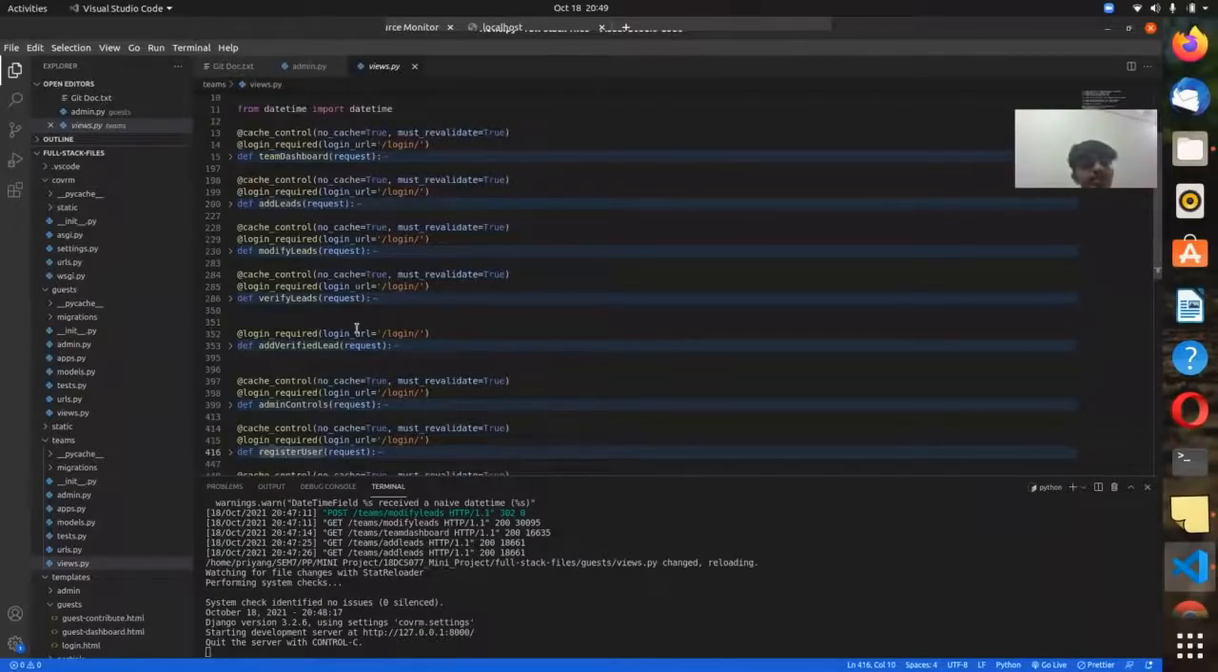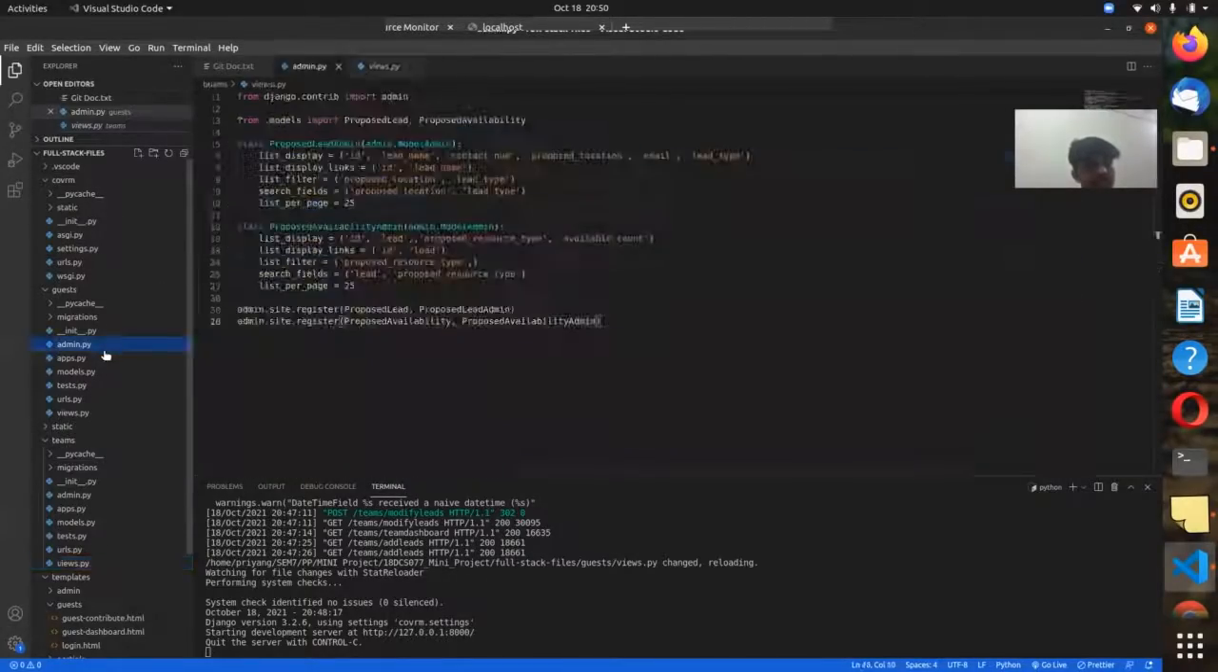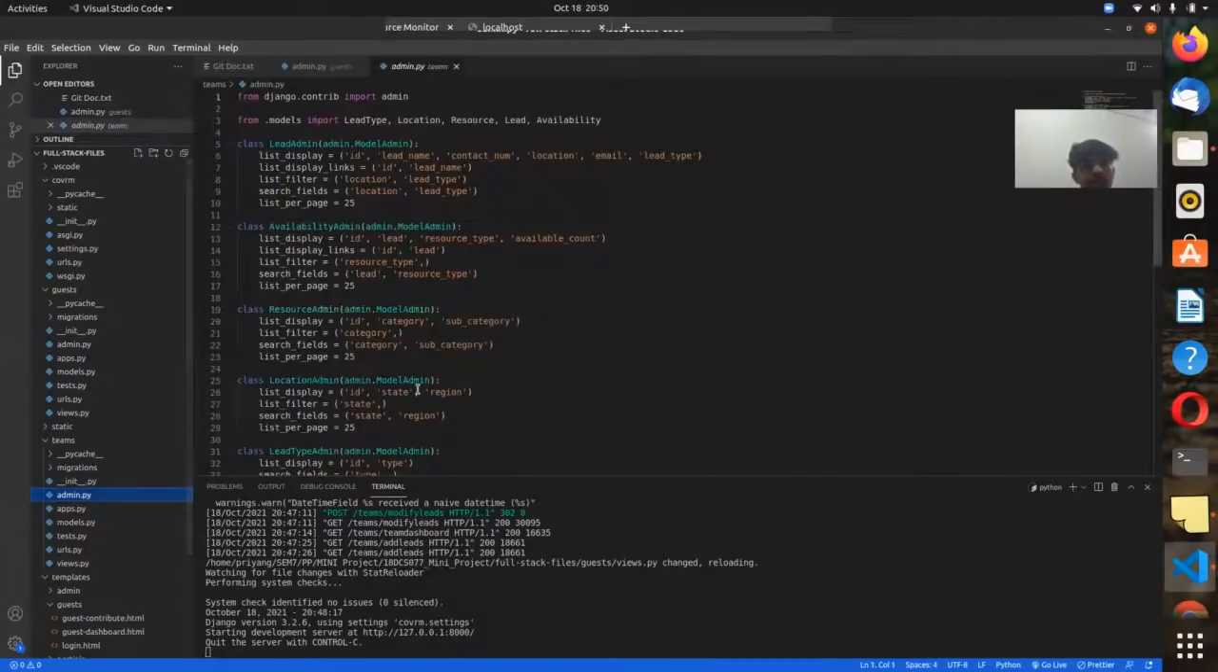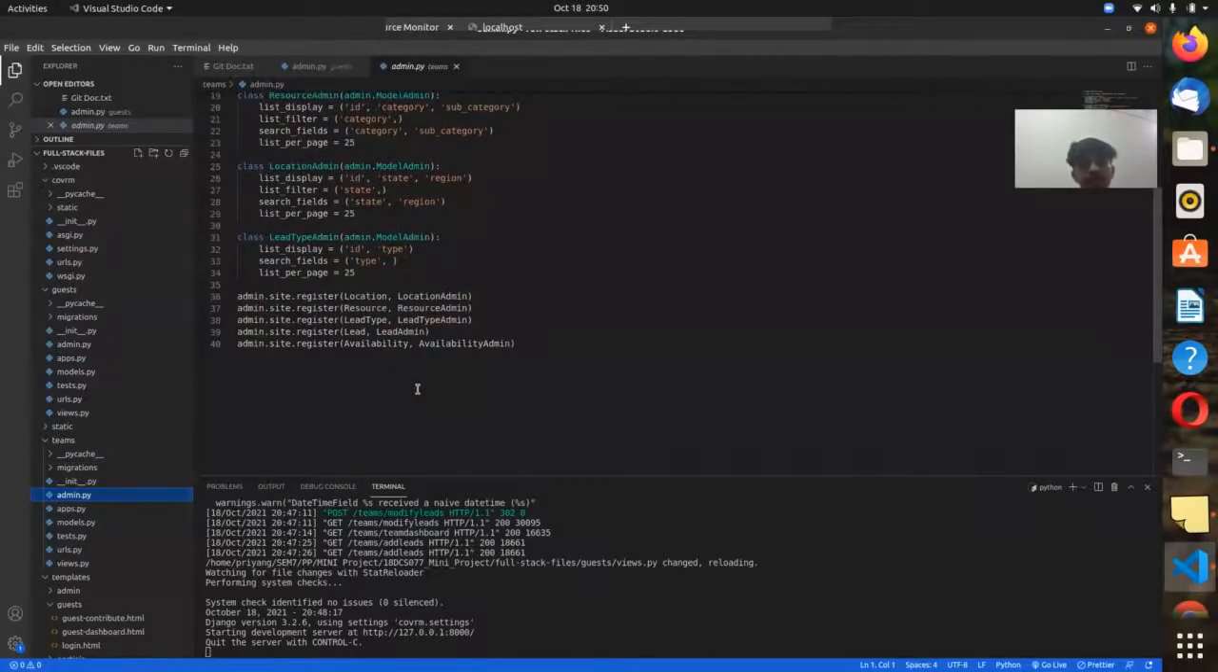Now let me show you the code of the teams module. So first of all, moving towards the admin of the team modules, we have several fields and we have added this on the admin panel. At last, we will show the whole project in a complete manner, right? I will show you that. After that,